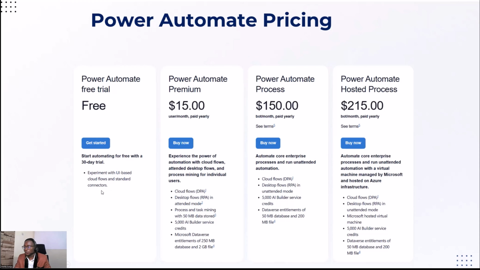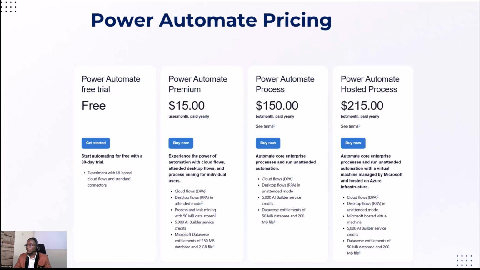If you want to go premium, we have a subscription of $15 per user per month. You can see that it comes with cloud flows, digital process automation, desktop flows, which is the RPA, and process and task mining. You even have AI Builder service credits, and a database.